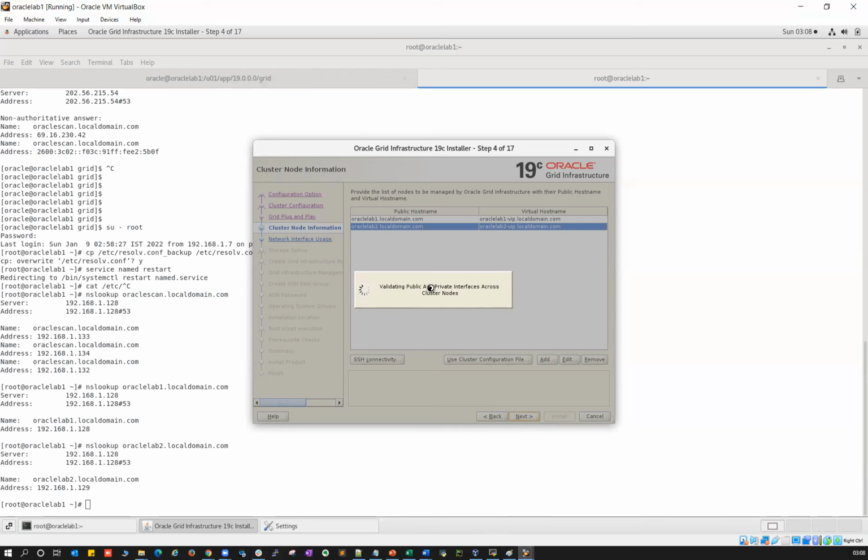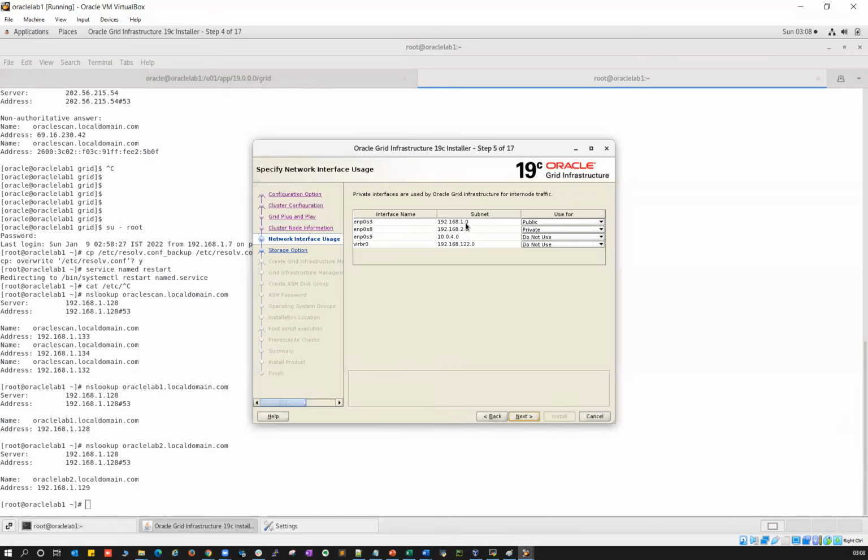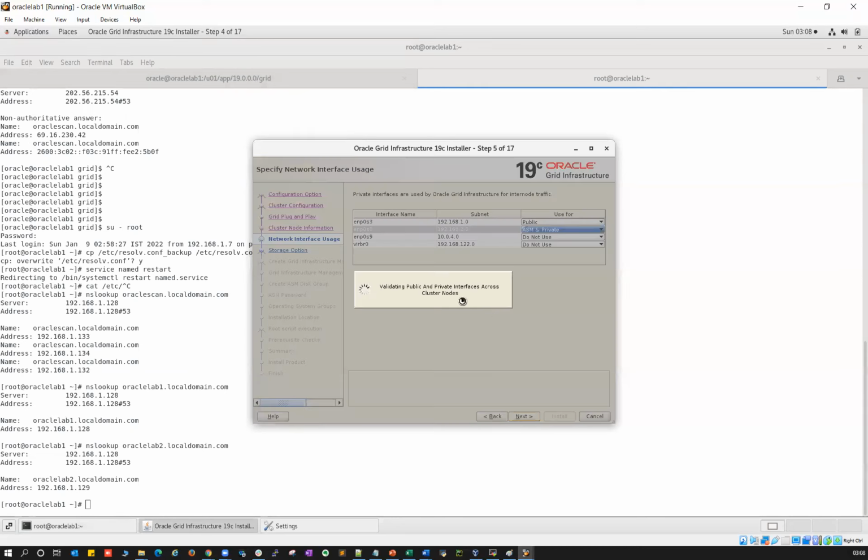Validating your inventory, accessing public, private, scan, and other nodes. Yeah, looks good. Do with ASM and private. Yeah, this all looks good. Next,